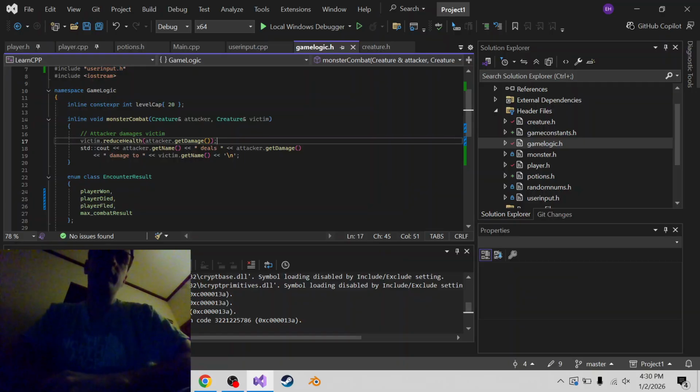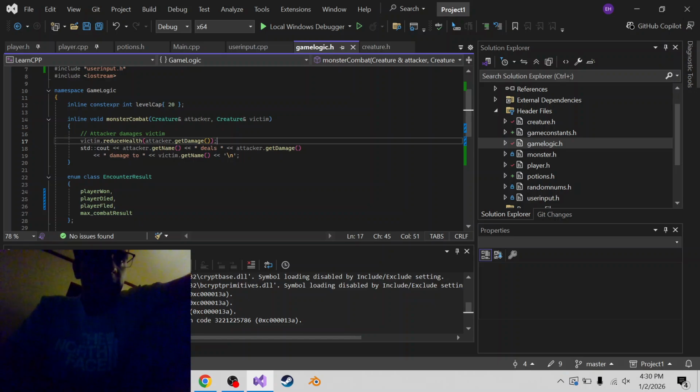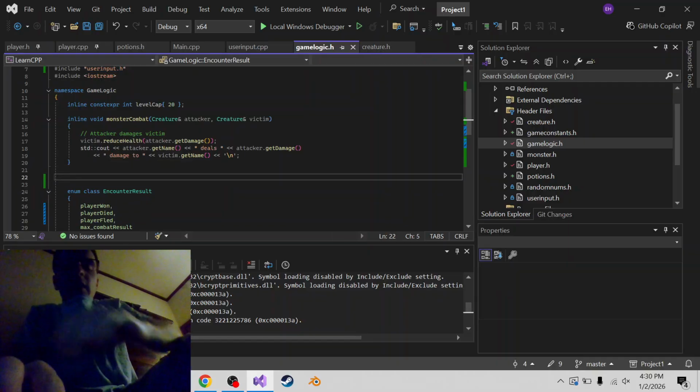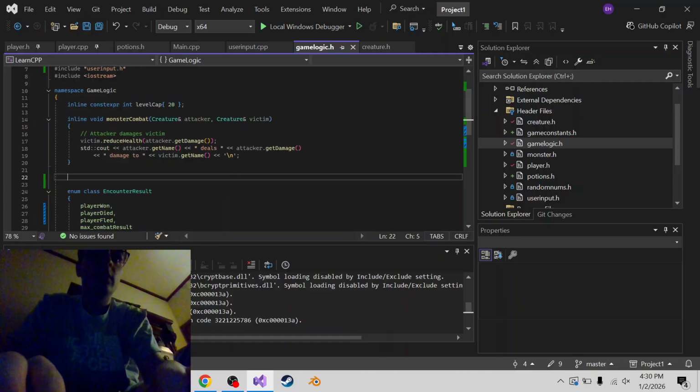So, monster combat. I don't want separate overloads for when we have a player versus a creature. But I could have an overload that calls the other overload. Why not? Because we only need to handle this when the player is the victim. So what if we do